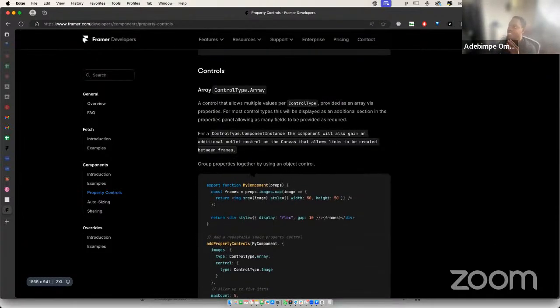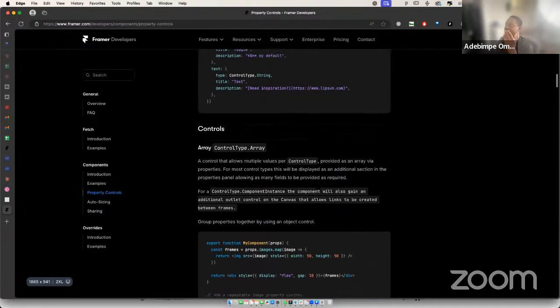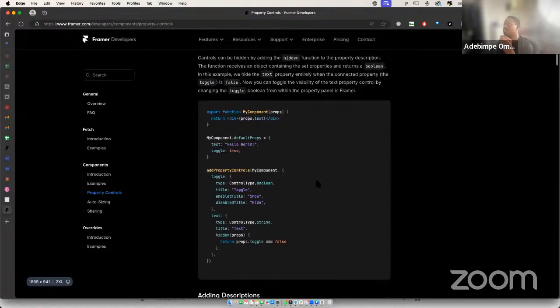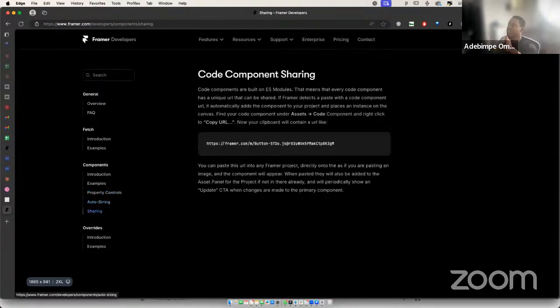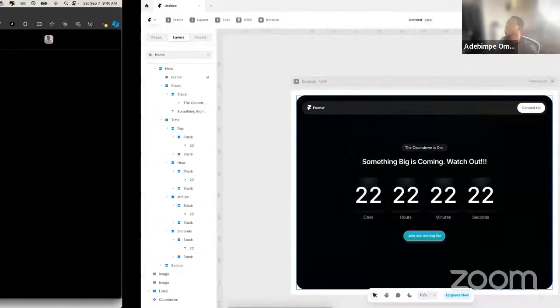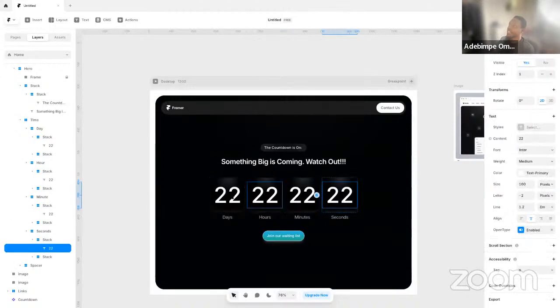It's very easy to read and understand, right? So we're not going to be going through everything. All right. We're just going to be picking it as a code override. We're not even building the code components now. We're building just a code override for this class. So very quickly now, I want to assign the actual values to this element in code, right? And then I want to be able to